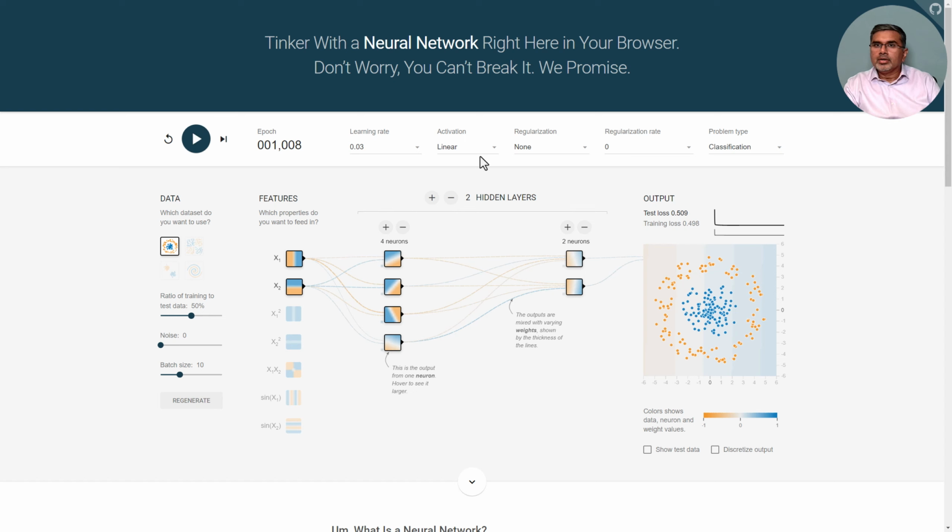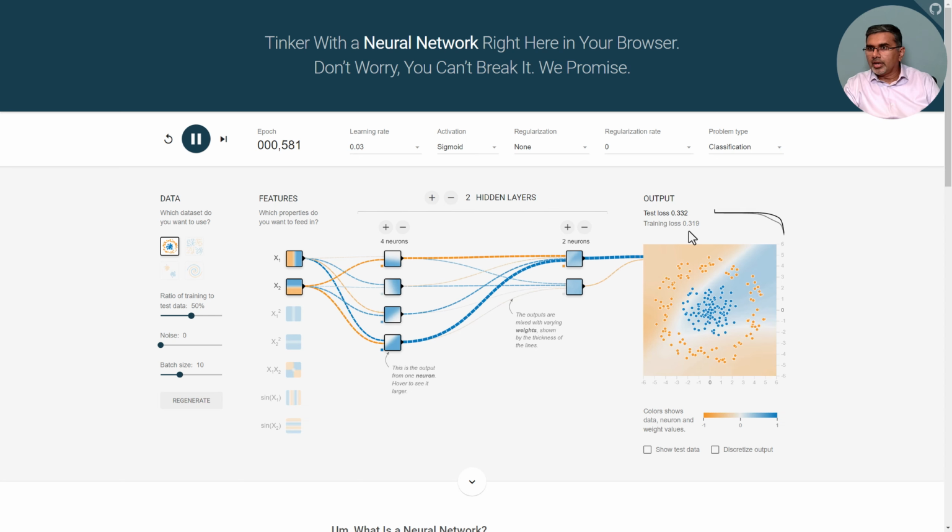Okay, now let's say I change it to sigmoid. Now what happens? So sigmoid, it is learning, the loss has gone down. Let's see if it's going to continue to go down. It is going down, it's going down, it's going down. And boom, there you go. It took slightly longer than tanh, but it is able to draw these regions where it separates out the blue